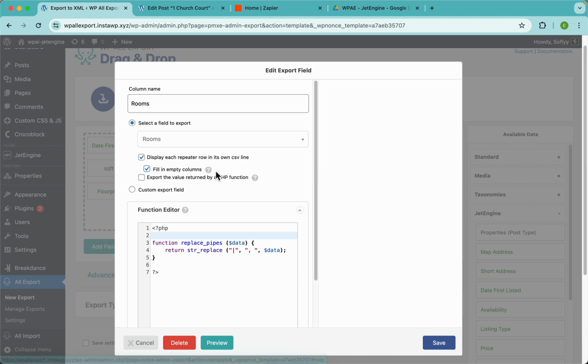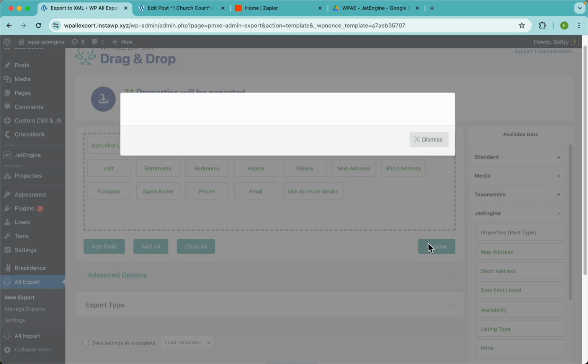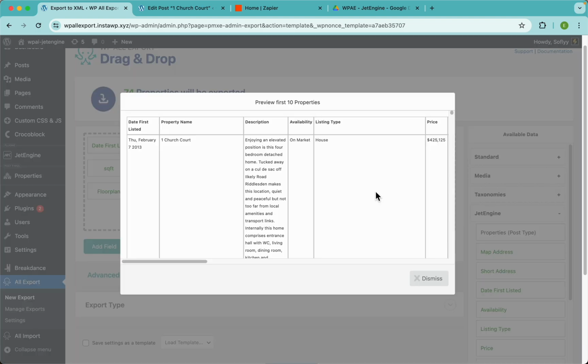And if we hover on this question mark, it says, if enabled, each repeater row will appear as its own CSV line with all of the post info filled in for every column. Now, this is what we want, so I'm gonna keep that enabled. Hit save, preview again, and